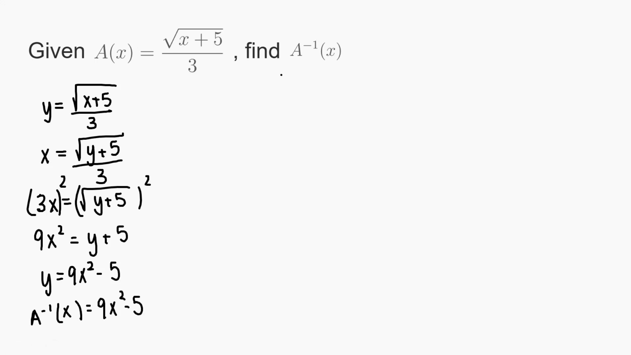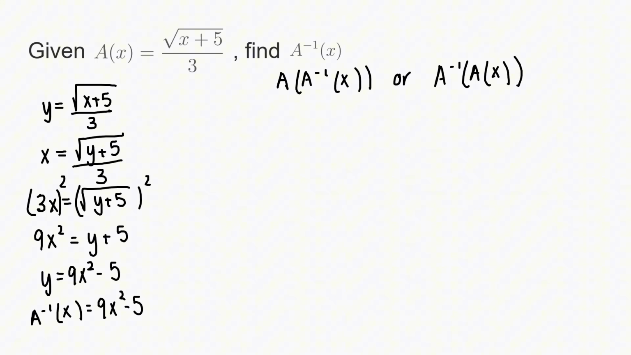Like last time, to check our work, we can do either this composition or this composition. Since we did this first composition last time, let's do this one this time. So this will be the composition of a of x, which is the square root of x plus 5 divided by 3, which gives us